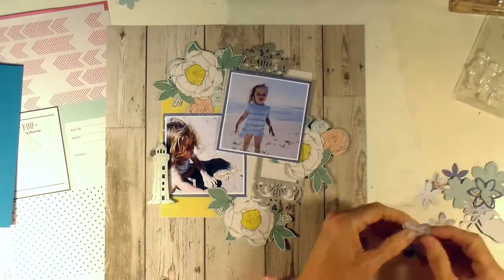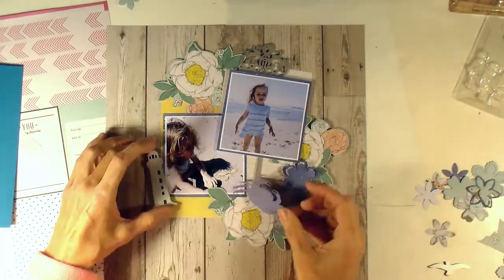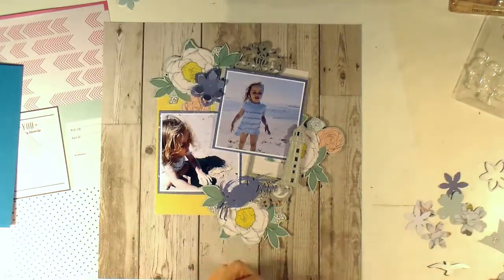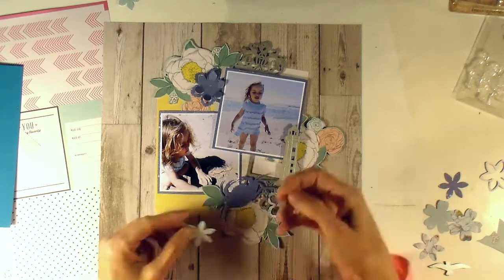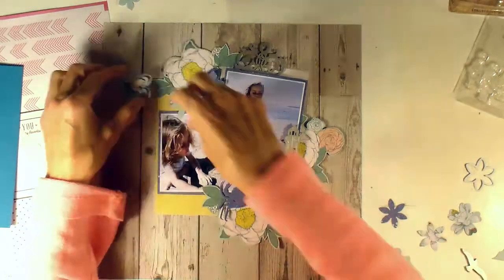And I'm going to have about 3 little clusters kind of where those big white fussy cut flowers are. That's going to be my 3 main clusters. And then I wanted that little crab kind of down by the crab in the photo. And then I wanted 3 other pieces of that dark blue, scattered in each cluster, and some of that teal in each cluster, and some of the yellow. So I'm just kind of spreading my colors out,